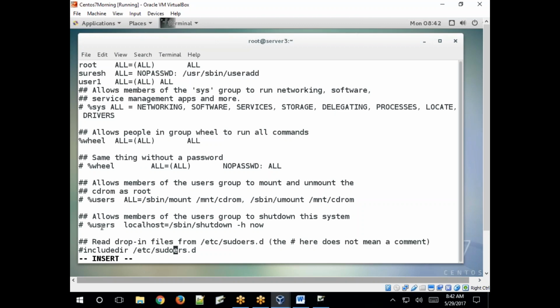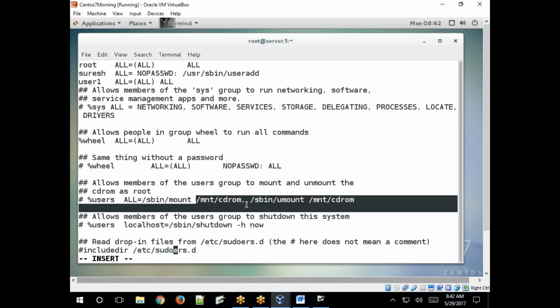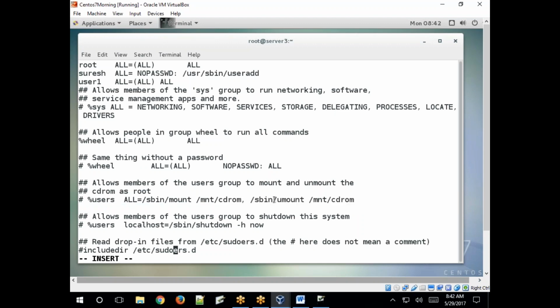Allow members of the users group to mount and unmount. See here, added users ALL equal to, specifically specified the commands here. This is mount, this is umount. These two are the commands.